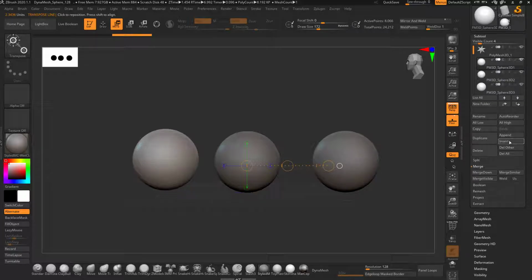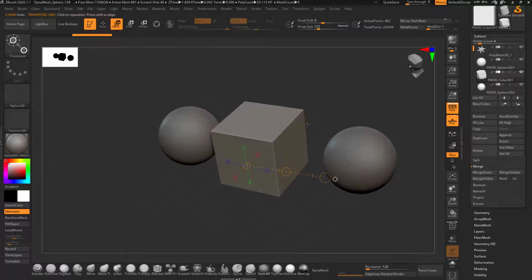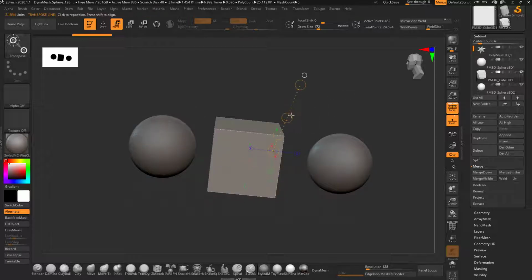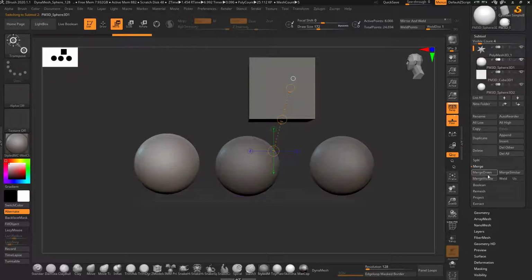I have also added a cube that I will just move to some other place. Okay, now when I click on Merge Similar, what it does is merge the similar objects. Oops, some